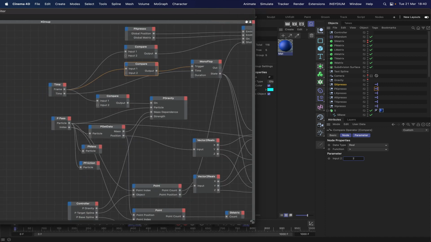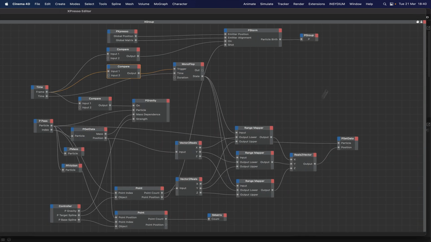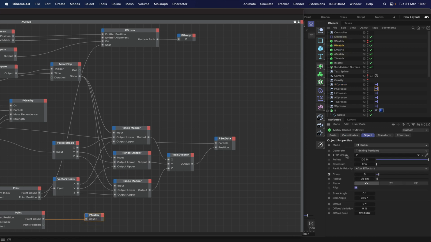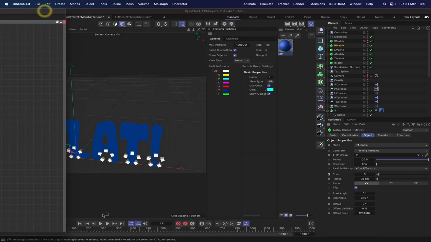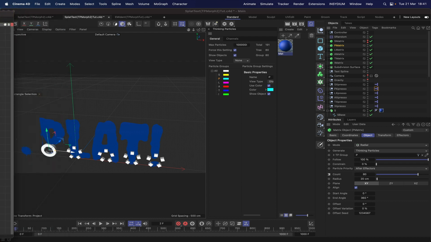Let's just move this over here and just see where we are. So I think, oh, we've got our S matrix in there. We need to just change that. That needs to be the P matrix. So I'll bring that one in, drop that into here, and now we've got that in there. The P matrix is there. If we go into it, we should find that the count is still 5, but if we go forward 1 frame, instantly we get a count of 80, and that's the number of points that make up our letter P. And we can see that we've got our